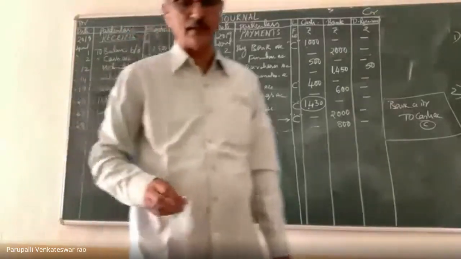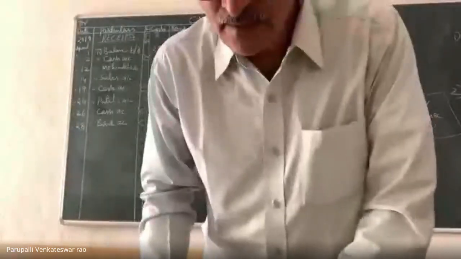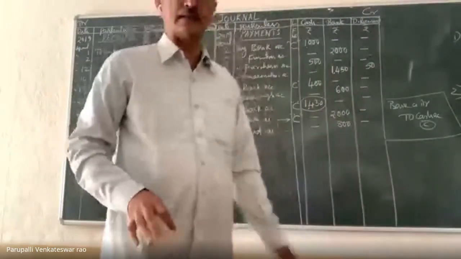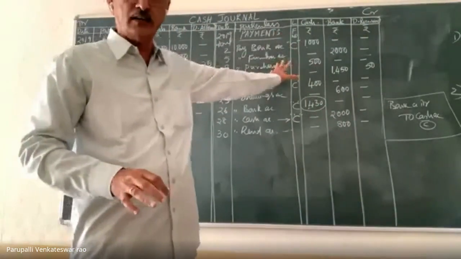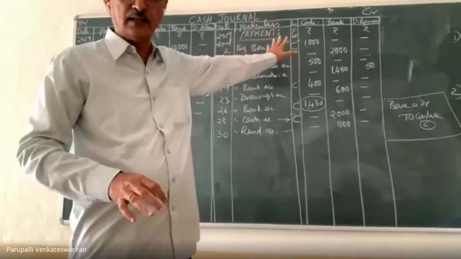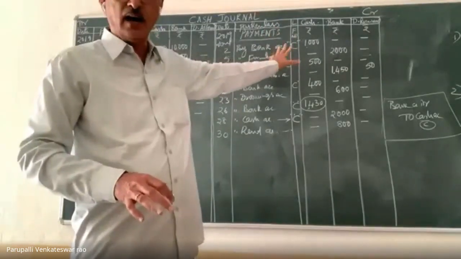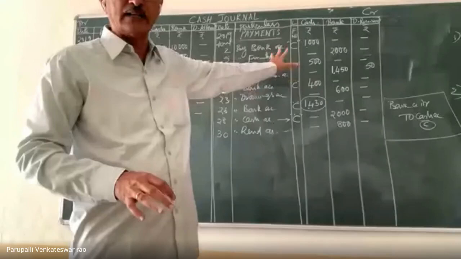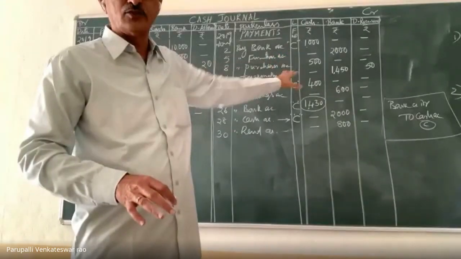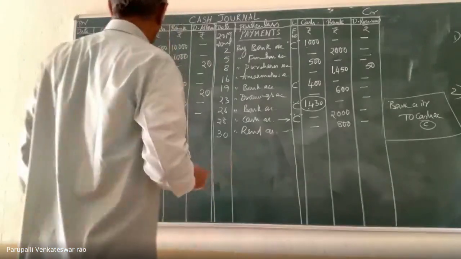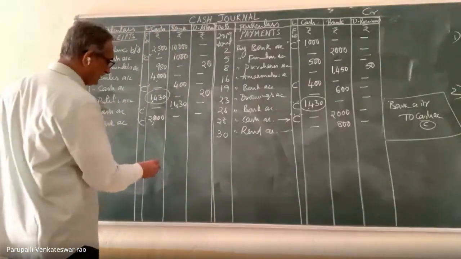Over. That's all, it is finished. Now we close it. All transactions are entered in the journal. Cash book is a journal. Listen carefully. All cash transactions are entered in the journal. So journal entries are completed. So now I am closing the account. First I am closing